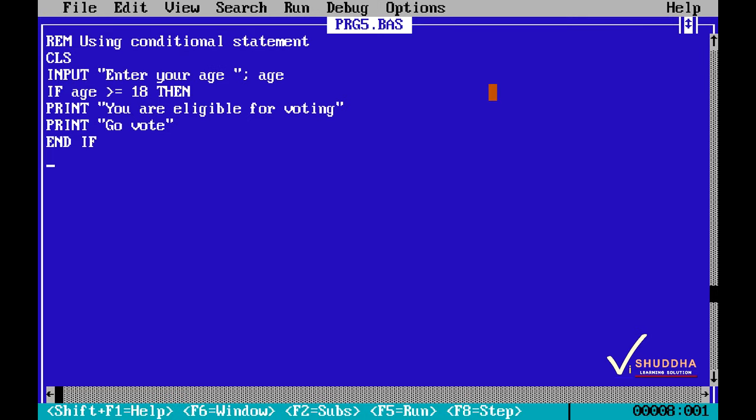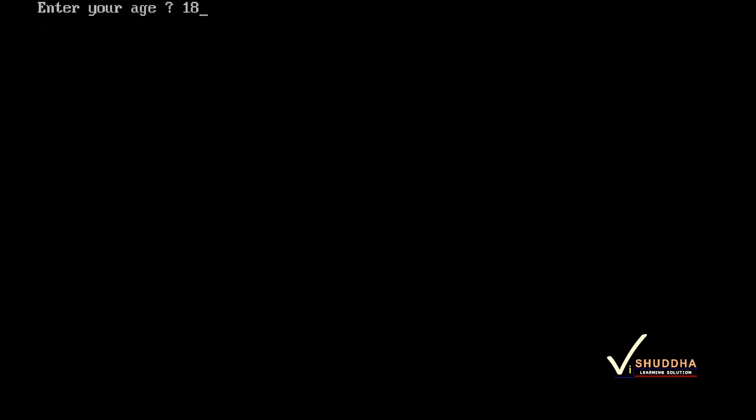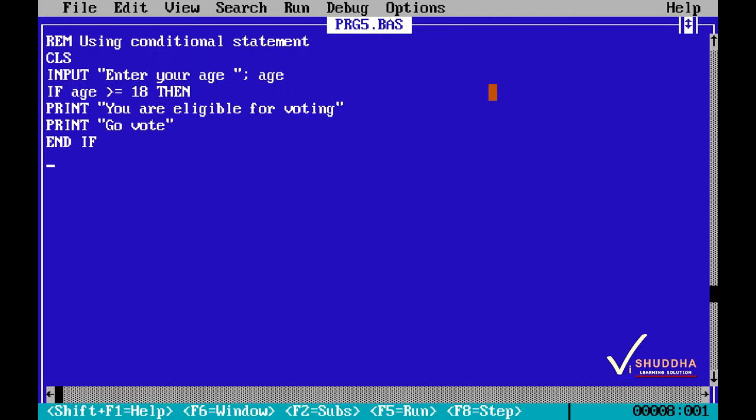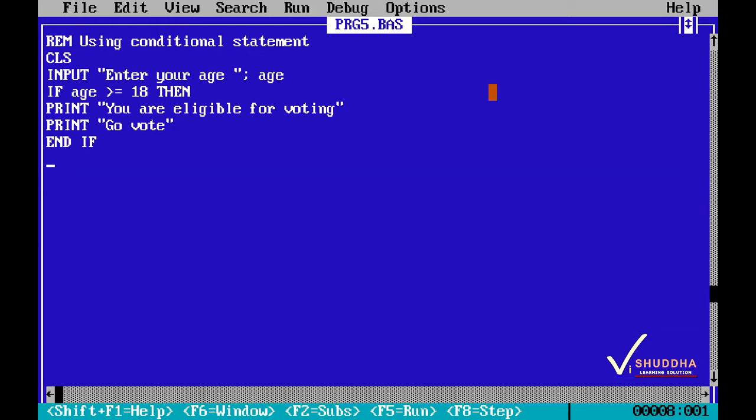Let's save the program and execute it. Again let's provide the value 18, you are eligible for voting, go vote. Let's execute it again. This time let's provide here 17 and this time there is no message. It's quite awkward that the program is not responding. Generally we want the programs to respond in case we have provided correct value and also in case we have